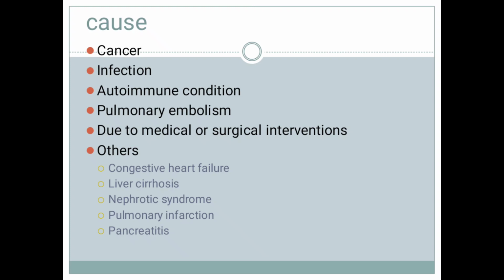Autoimmune conditions such as rheumatoid arthritis can also cause pleural effusion. Then pulmonary embolism, a blockage in an artery in one of the lungs, can lead to pleural effusion. Then there are medical or surgical interventions, which include coronary artery bypass surgery, radiation therapy, and liver or lung transplant. Other conditions include congestive heart failure, liver cirrhosis, nephrotic syndrome, pulmonary infarction, and pancreatitis. Now for the pathophysiology,